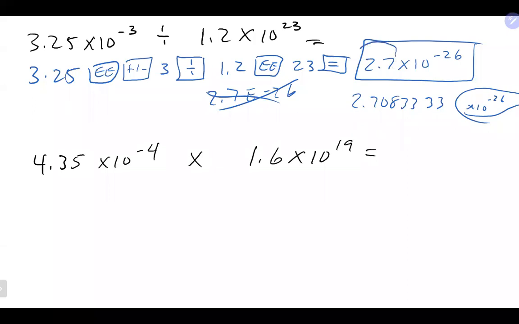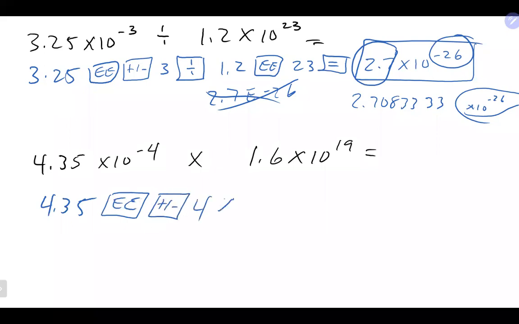If you have this number correct, but this number is off, it's probably the way you're punching into your calculator. So take a look at the bottom one there. Once again, we'll do a 4.35. We're going to hit our exponent button, hit our negative because it's -4, and hit 4. Then hit the times and 1.6 exponent button. And again, this is positive, so we'll do just 19. 4.35 exponent -4 times 1.6 exponent 19 gives us